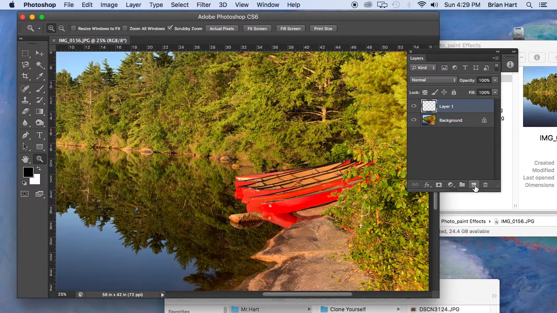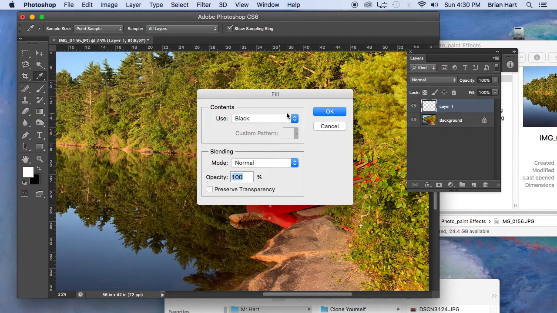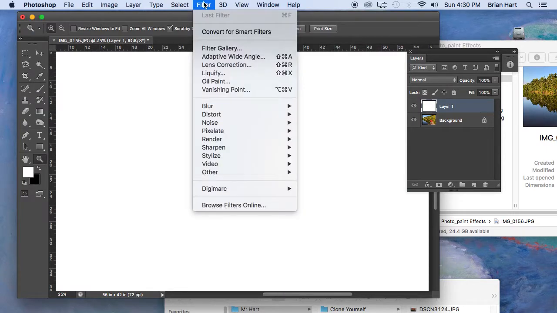So I'm going to make a new layer because first we want to create a texture, like a canvas texture. So I'm going to make a new layer and make sure I have white in my foreground, and I'm going to fill it with white. So I have a white image here. Then I'm going to go into my filter gallery,